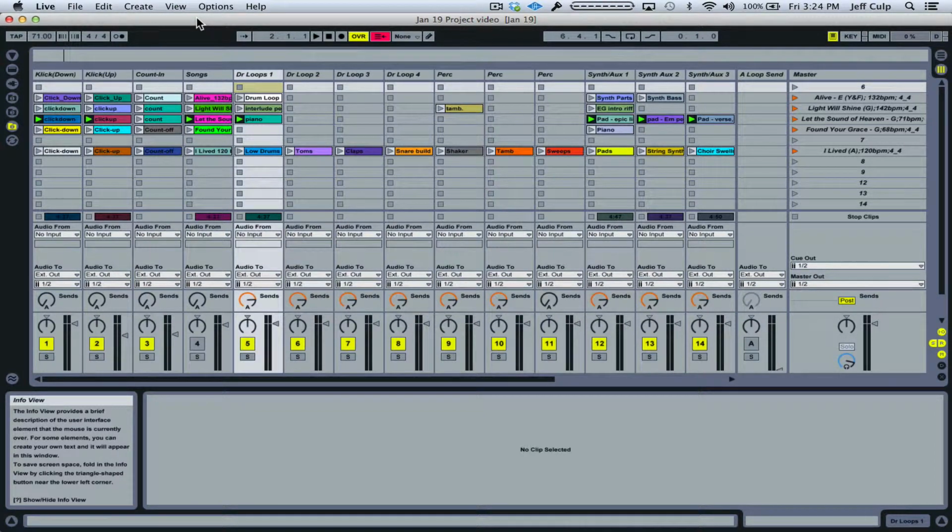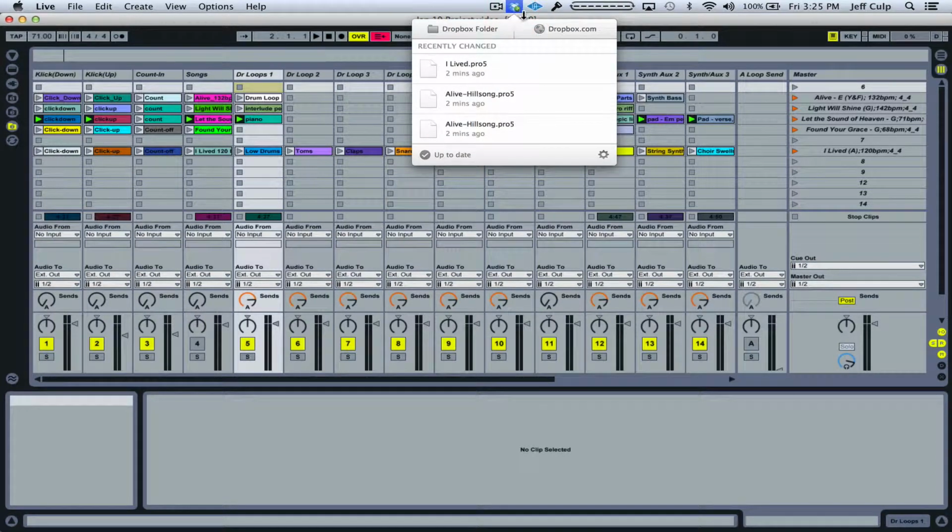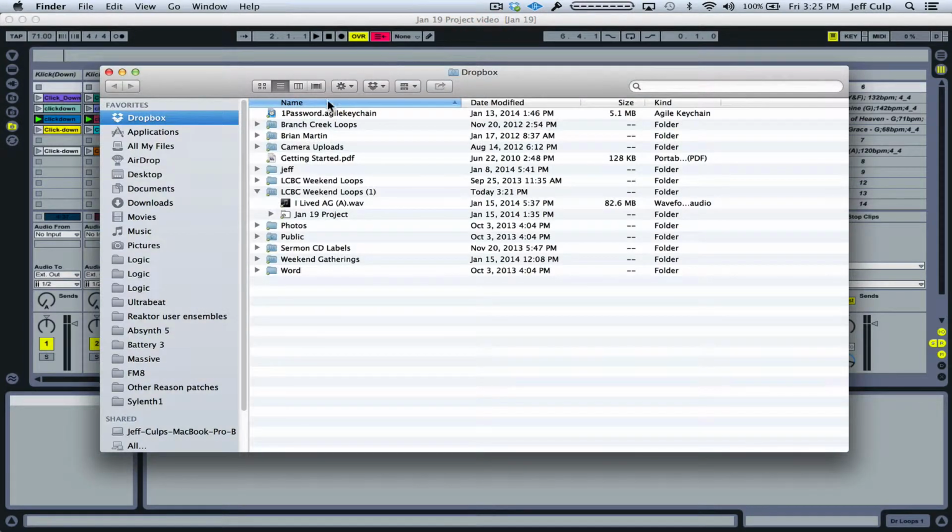I'm going to show you how to bring in a loop to an already existing Ableton project. So the first thing I want to do is copy that loop audio file to the current weekend's Ableton project folder. So that loop in this case is coming from Dropbox, so I'm going to go to my Dropbox folder